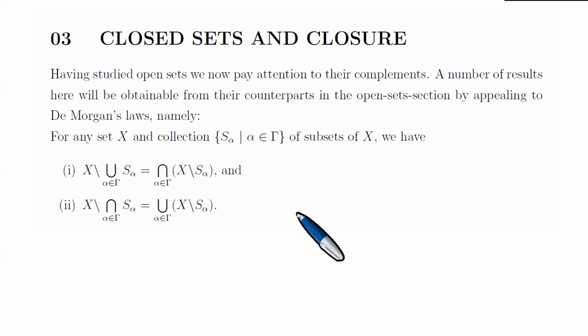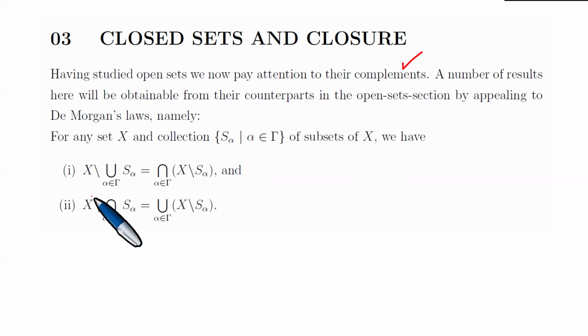In this lesson, we shall focus on mathematics, closed sets, and closure. Having studied open sets, we now pay attention to their complements. A number of results here will be obtainable from their counterparts in the open set section by appealing to what we call De Morgan's laws, namely, for any set X, any collection S sub alpha, alpha in gamma, of subsets